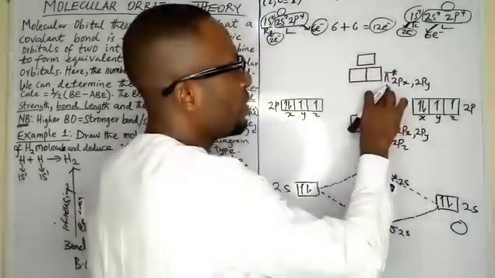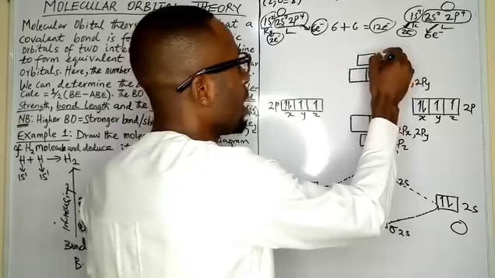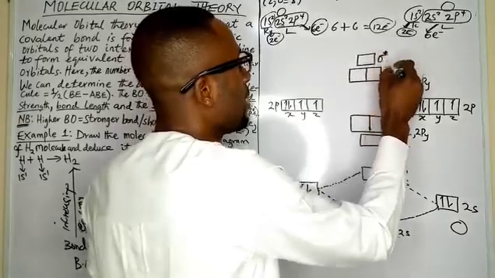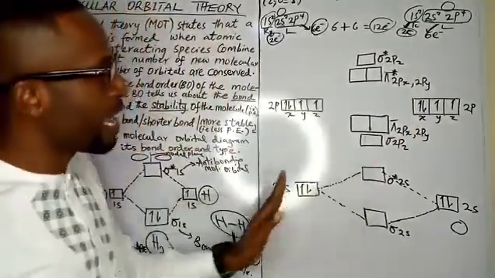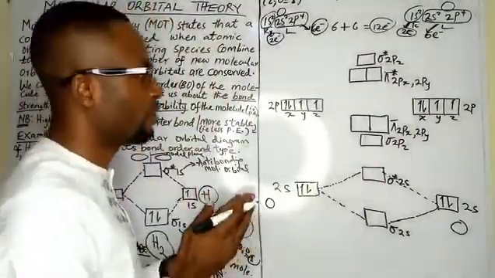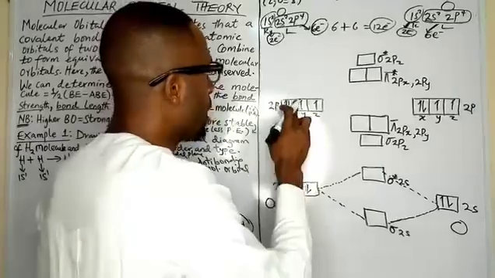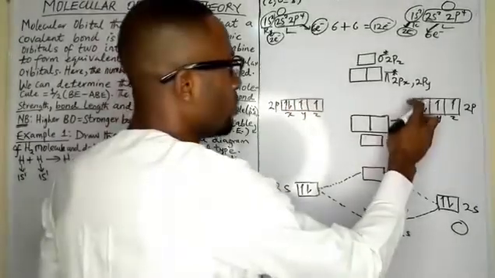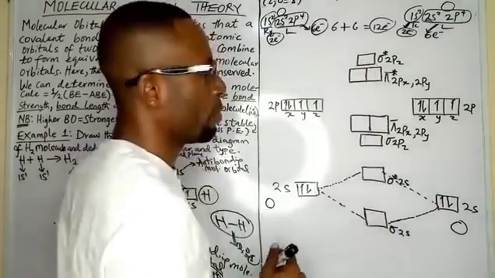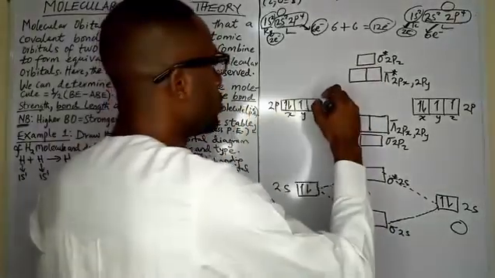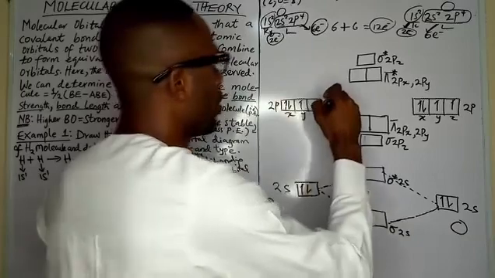So after your pi star, you're going to now have your sigma star. What is remaining is the 2pz orbital. So that is how to label this molecular orbital. So we have 1, 2, 3 atomic orbitals, 1, 2, 3, giving us 6 molecular orbitals. Again, you use your arrow to join,